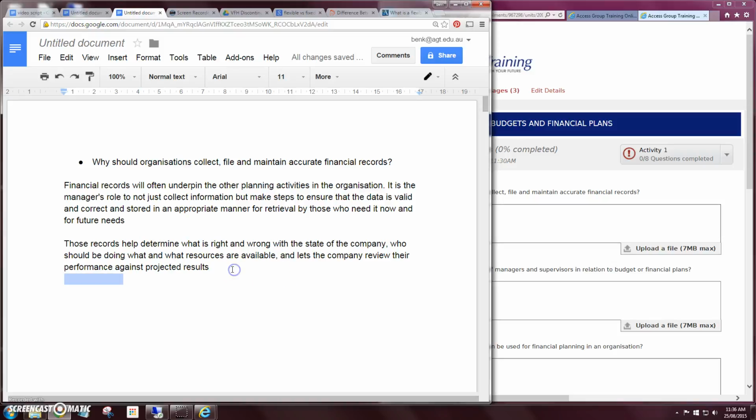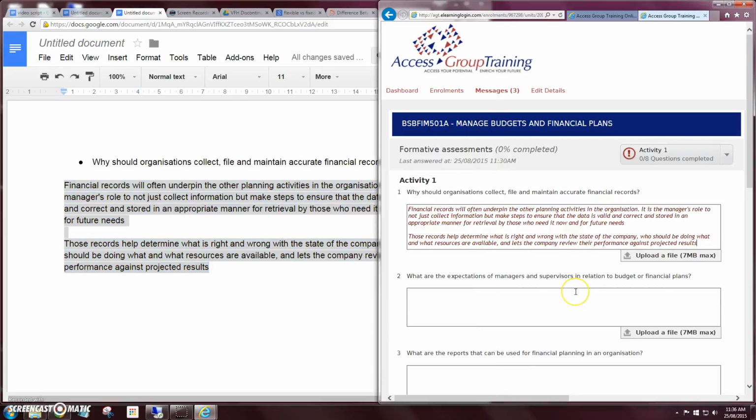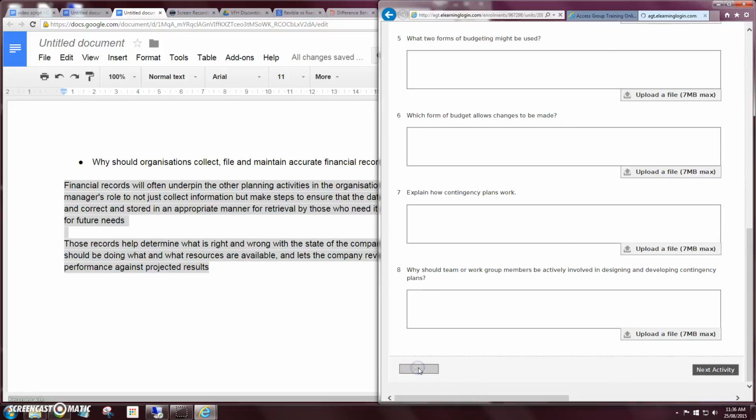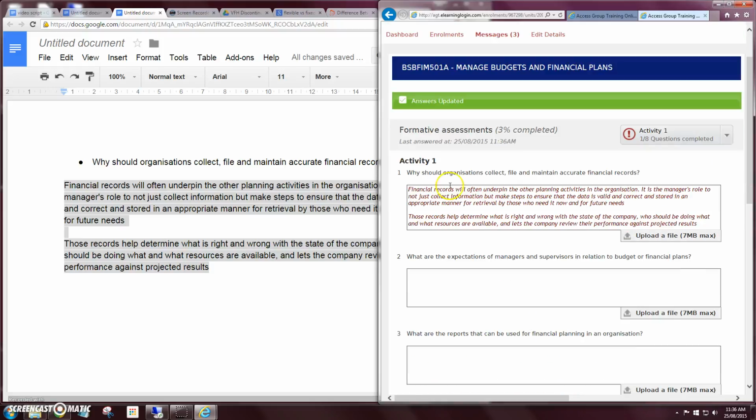So with that information in mind, if I'm happy with that, I'll copy it, come back to my actual activity, paste it in, and straight away I'll save it. Now remember, saving isn't the same as submitting. My instructor has no idea that I've saved that work at the moment, and I'm still able to edit and work on my other questions. So that's my answer for activity 1. I felt no need to save a document and upload it. It's only a short answer, so there's no great need to upload files for this.